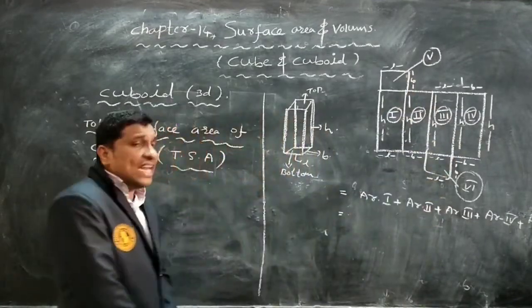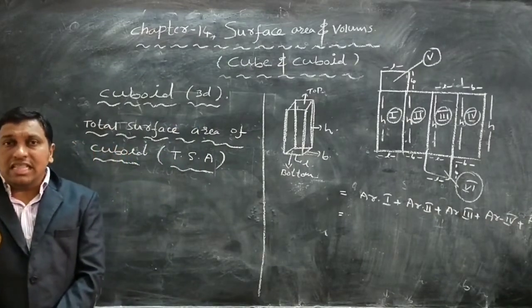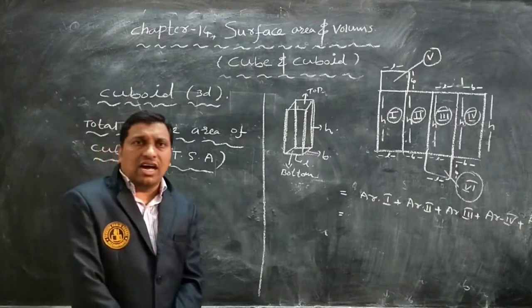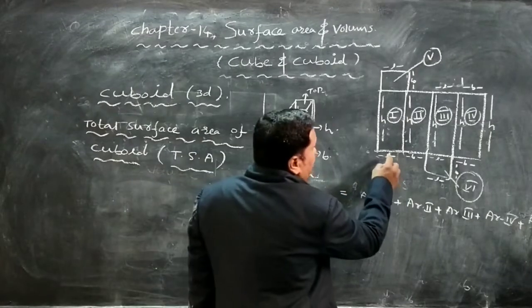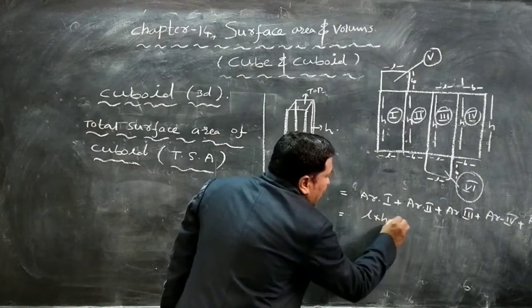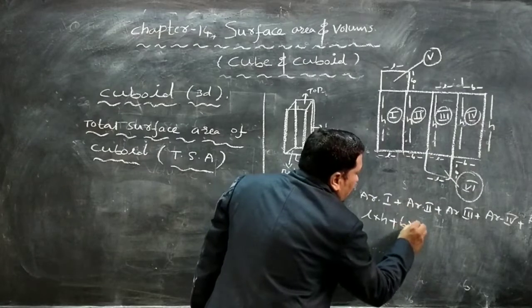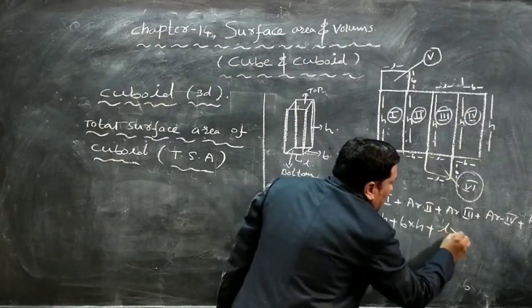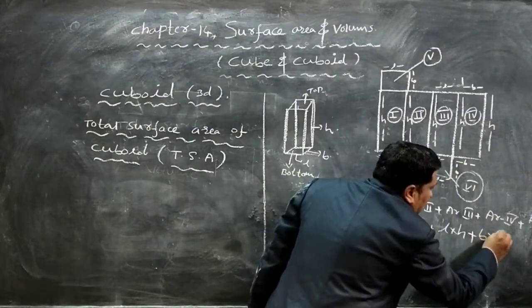Okay? We have to find the area of a rectangle. What is the area of a rectangle? L into B, length into breadth, or first side into second side. Already it is a 2D figure. Understood? Okay. So the area of the first figure is L into B. What is the area of the second figure? L into H. Plus the third figure, B into H, plus the third, L into H, plus the fourth one, B into H.